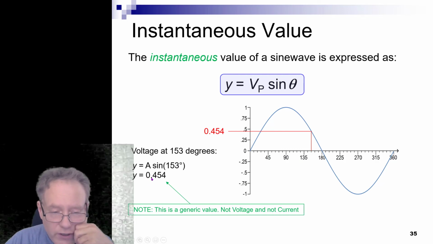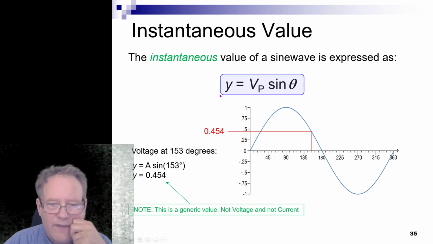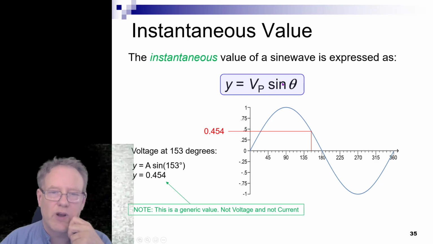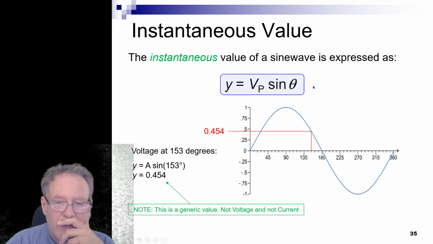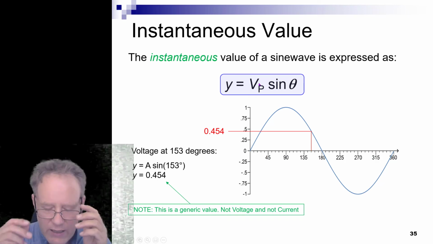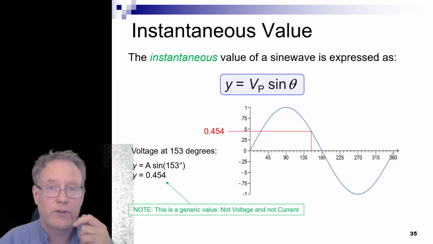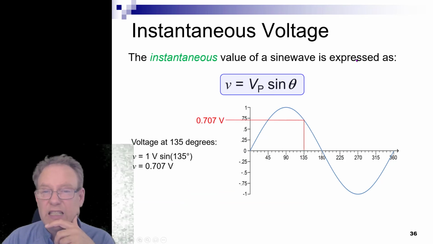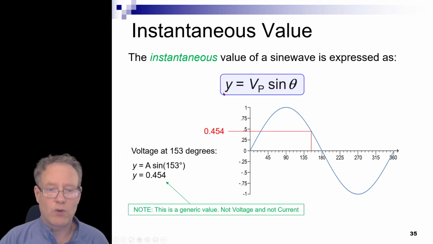So my voltage is going to be 0.45Y. But because this is a general form right now, this is telling me Y, V peak, general waveform. What I'm trying to say is that this can be current, or it can be voltage. So when we study specifically for voltage, as opposed to this general form, which is a Y,